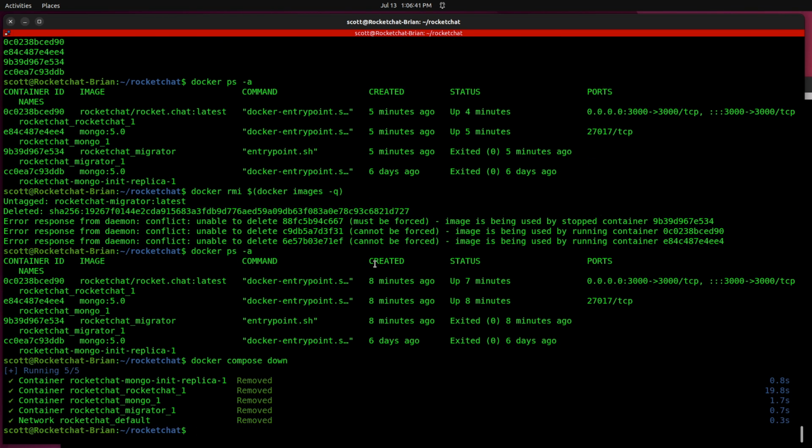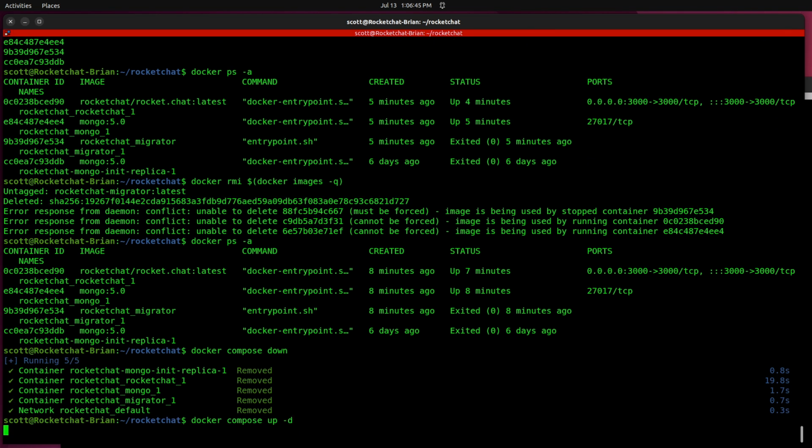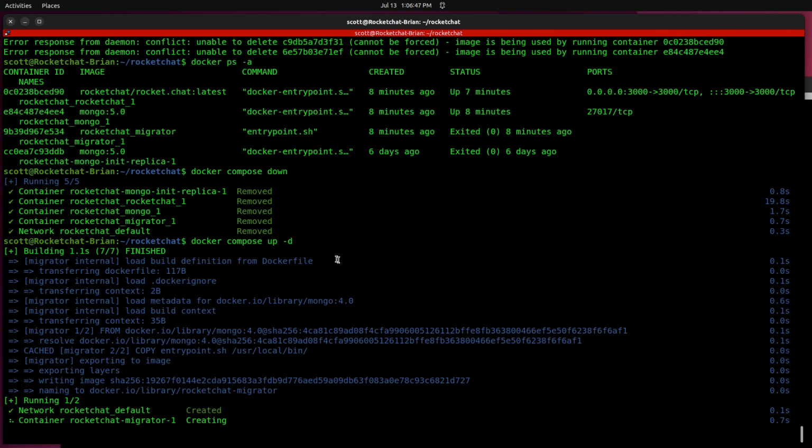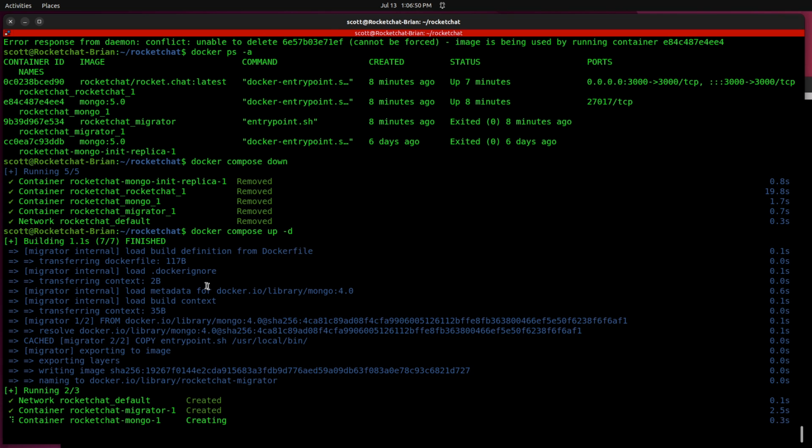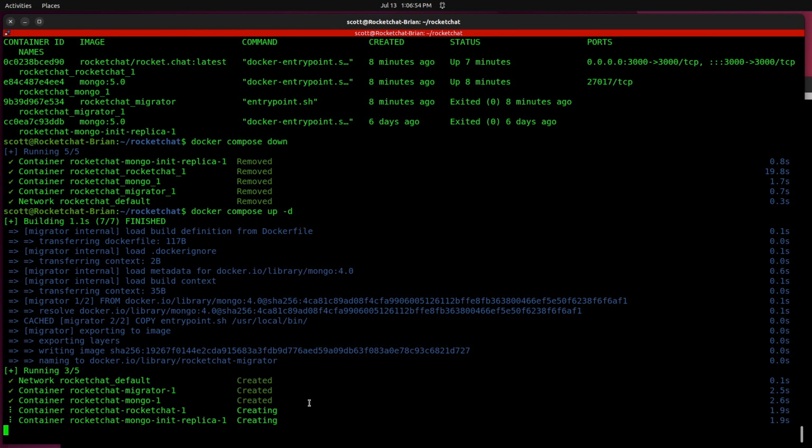It's hard to say. And then I'll do a docker compose up -d again, and see it's running that script inside the docker compose file. And so it's having to recreate the container, which isn't a bad thing necessarily, but it all kind of depends